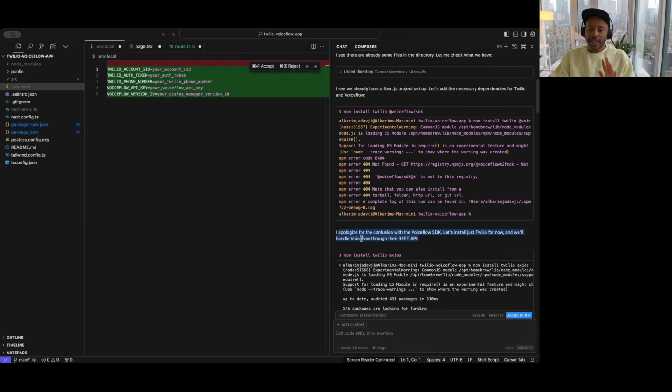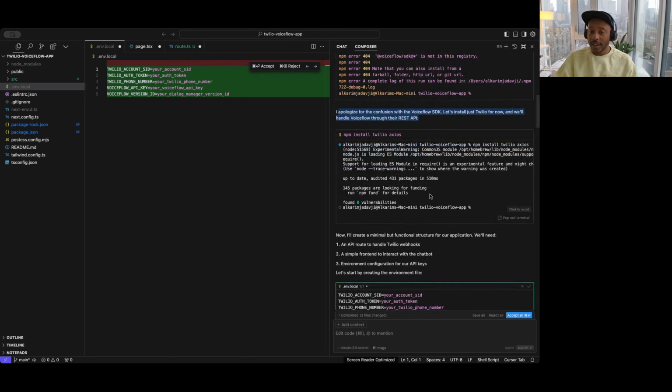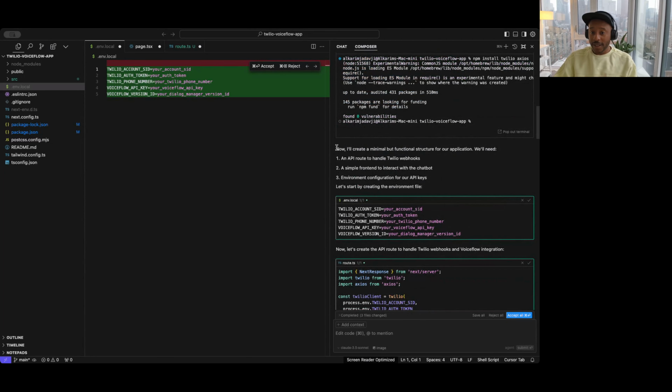And it actually says that it has an alternate solution for how we can get some of the details for Voiceflow, and it's going to use a REST API. An API is just another way of communicating with the servers. It's a survey protocol. And so right now, what it's going to do is install the Twilio SDK that it discovered. It's basically done that. And now it's literally asking me,